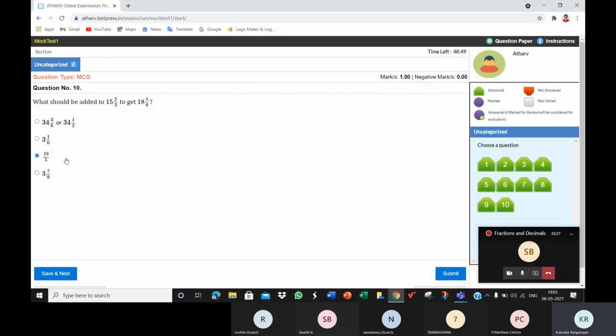Suppose you don't select any option. Okay, since I've already selected one, I'm not able to undo it. Now, supposing I have not selected any option here, and I try to say save and next.